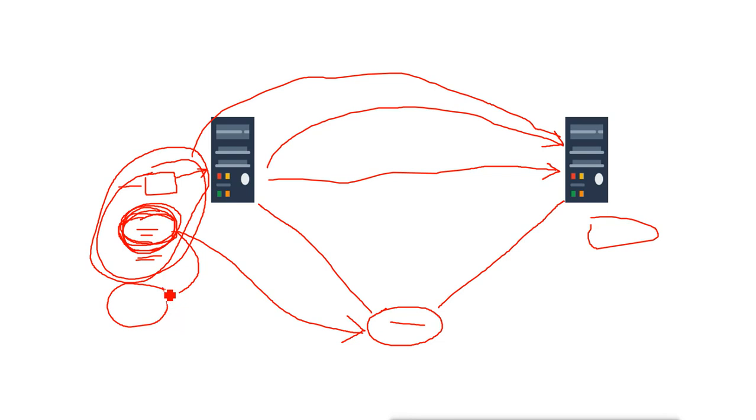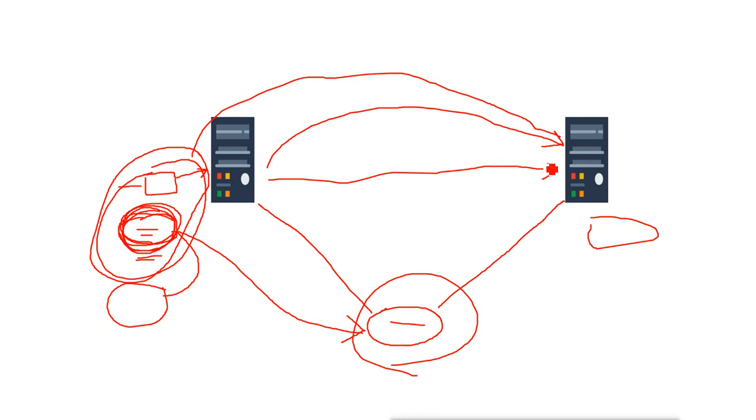That means in the same server we just want to move the storage from one hard disk to another hard disk. In that case also we move the virtual machine storage from one place to another, either in the same location, that is in the same server, or in a remote location, either in a remote server or in the shared storage. So this is why we do this moving or migrating of the virtual machine.